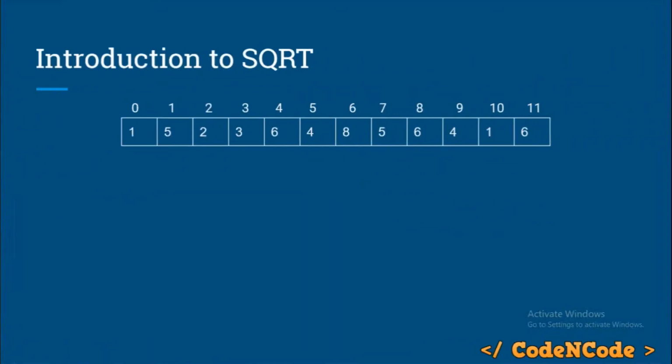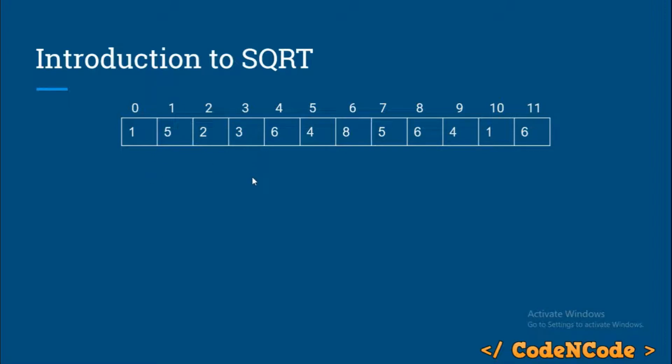Now the second part, introduction to square root decomposition. What square root decomposition does is it takes the input and creates blocks of size square root of n. For the proof of why the block size has to be square root of n, you can find it on the Wikipedia page. I've put the link in the description. So what it does,